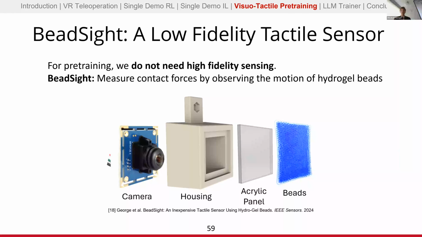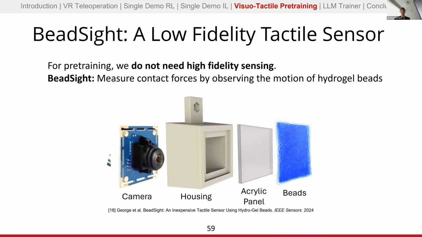Oh yeah. We use this because we designed it in a previous work from the lab, trying to build a very physically tough sensor where we don't have to worry about issues of high forces, so we don't have to worry about tearing of it. But the motivation here, and the reason why we specifically chose the sensor, is that if you have a spectrum of really high quality, perfect reconstruction sensors to low quality sensors, GelSite and BeadSite kind of bookend that spectrum.